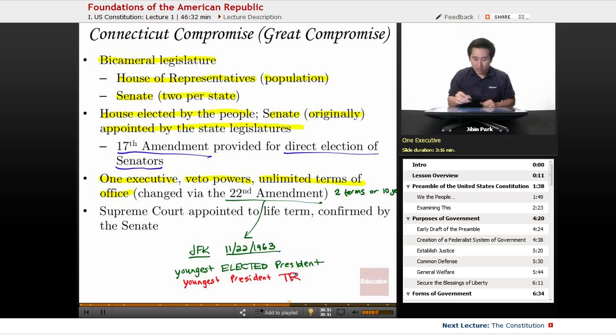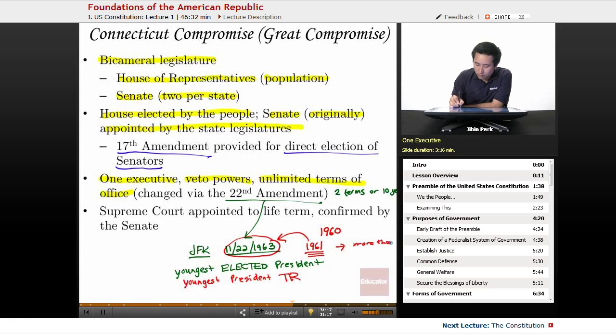Again, the reason why I'm mentioning John F. Kennedy, well, he died shortly after having been shot by Lee Harvey Oswald. In 1963, well, he was elected in 1960, so he came into office in 1961. Now, he came into office in 1961, so he had already served more than half of his term. And so LBJ became president from 1964, and he served out the rest of the term.